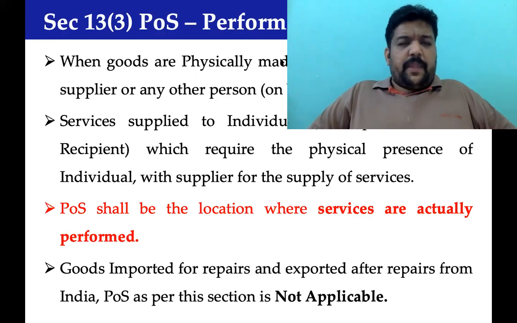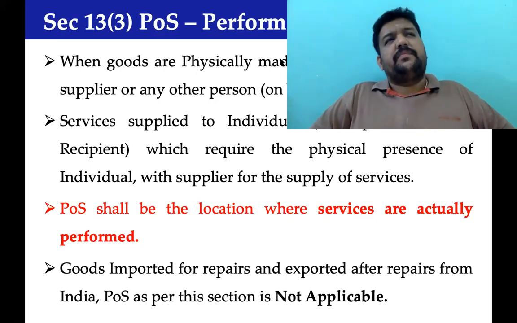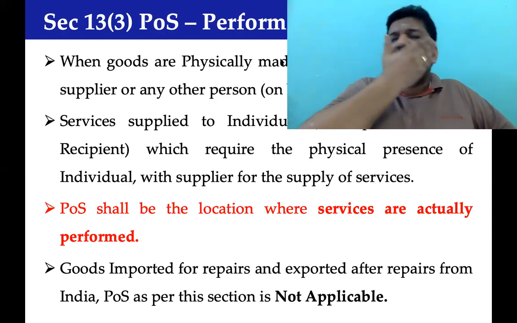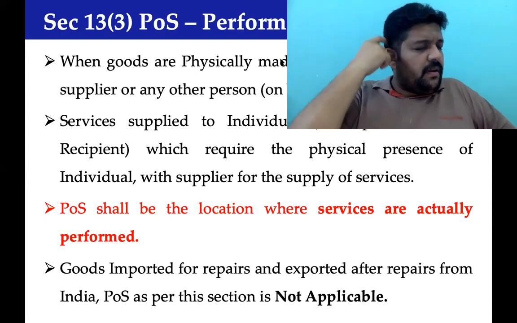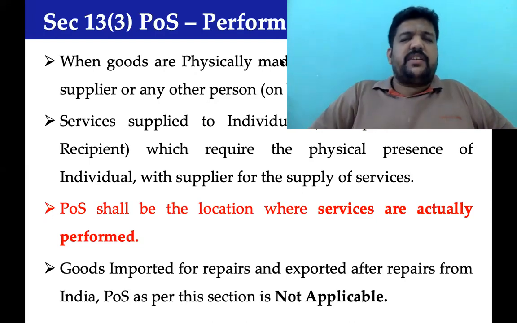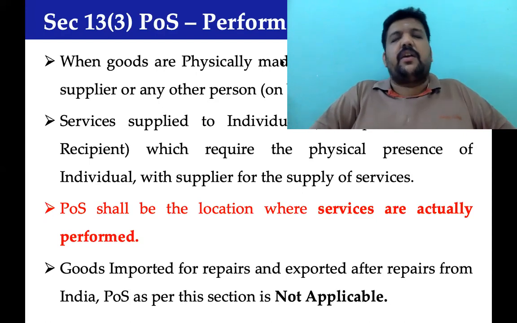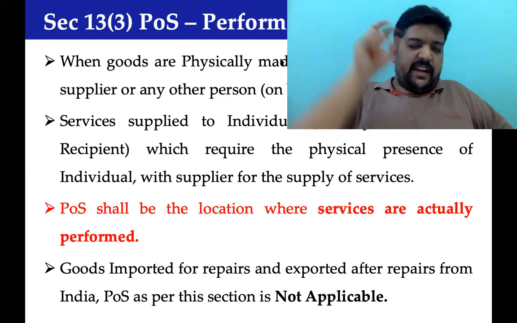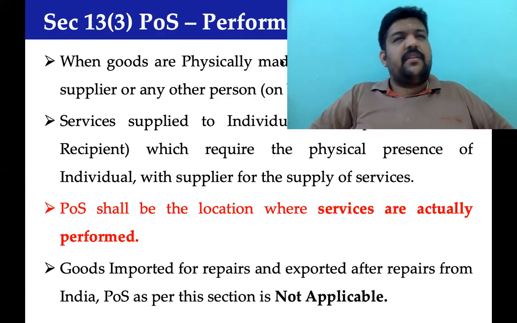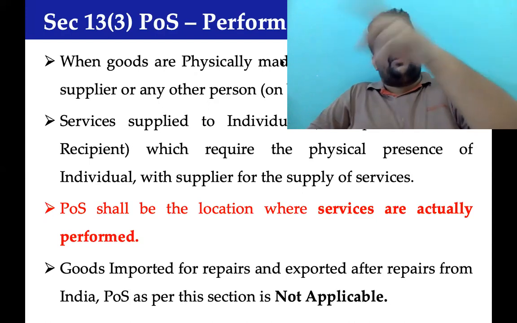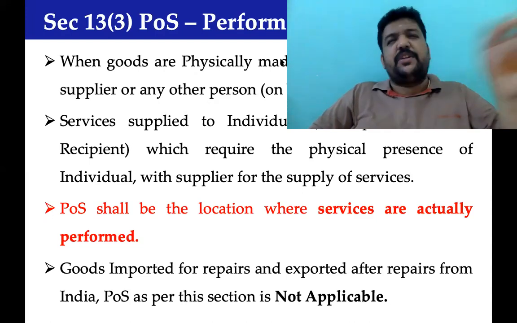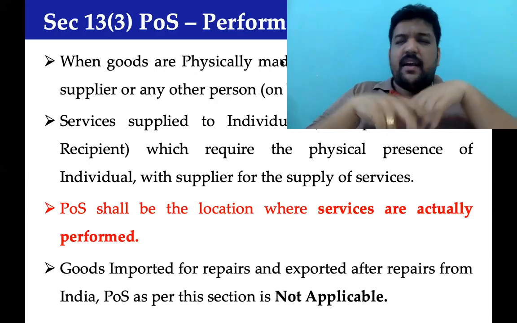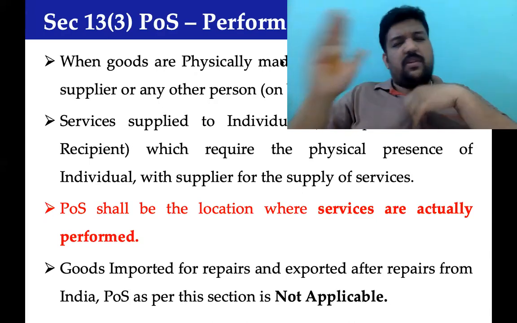A company has imported a machinery. After import of machinery from China, they paid $5,000 to the Chinese company for installation of this machinery. Once this machinery reaches the Indian ground, as per the contract, they have to pay 5,000 rupees. For 5,000 rupees, what that fellow will do is he'll send a technocrat to India. The technocrat will say you have to install the machine like this. You have to unpack it like this and install it, fit it, run it so that the machine runs.